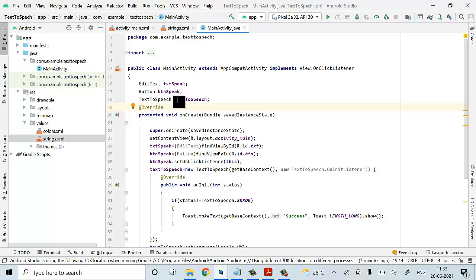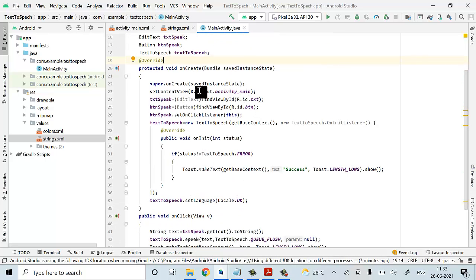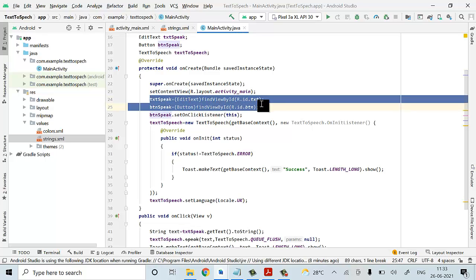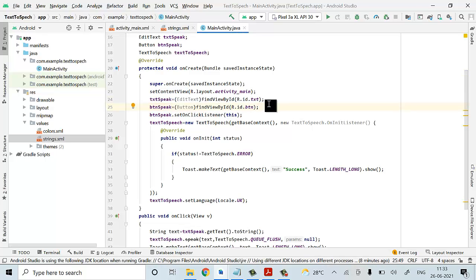Okay, with text to speech we have a class. Based on this class we are going to implement some initial part. So in this onCreate part, every time I say setContentView, which activity content we have to make use of, that we specify here. Next, for text speak and button speak, we are identifying the locations here.